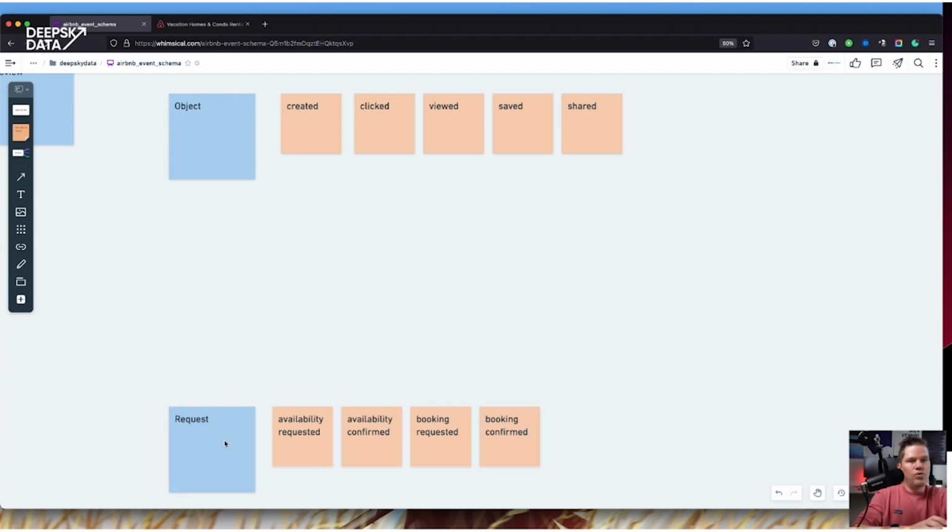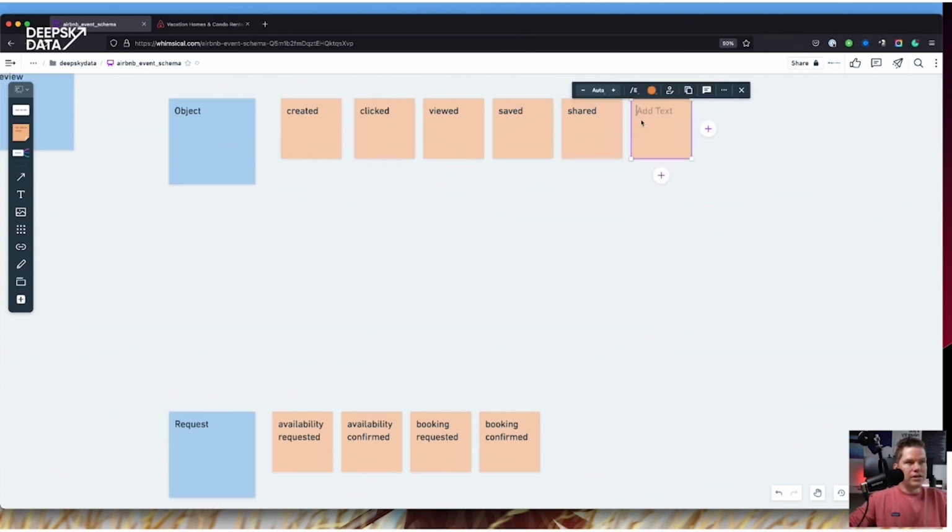Basically, this request is just a zoom in on the trip and the object itself. It's just a part of these two, and we go a little bit more into detail here. So of course these activities are a little bit more detailed. But here we still have something